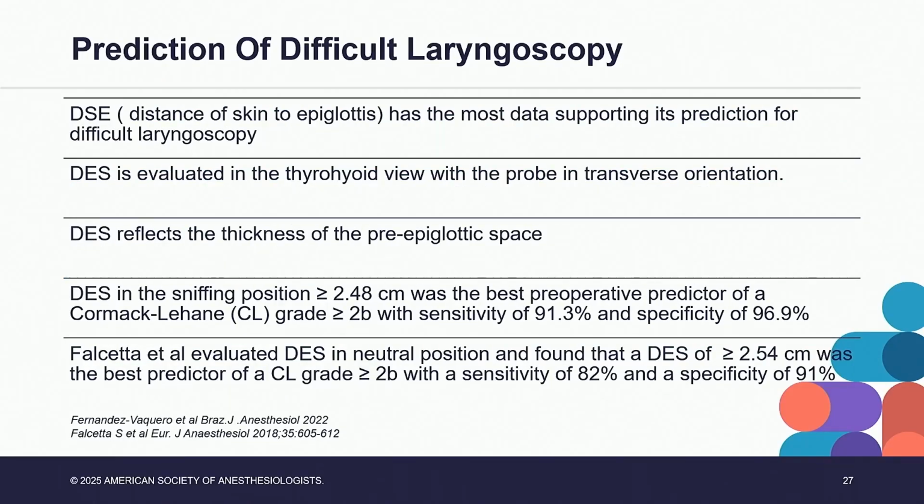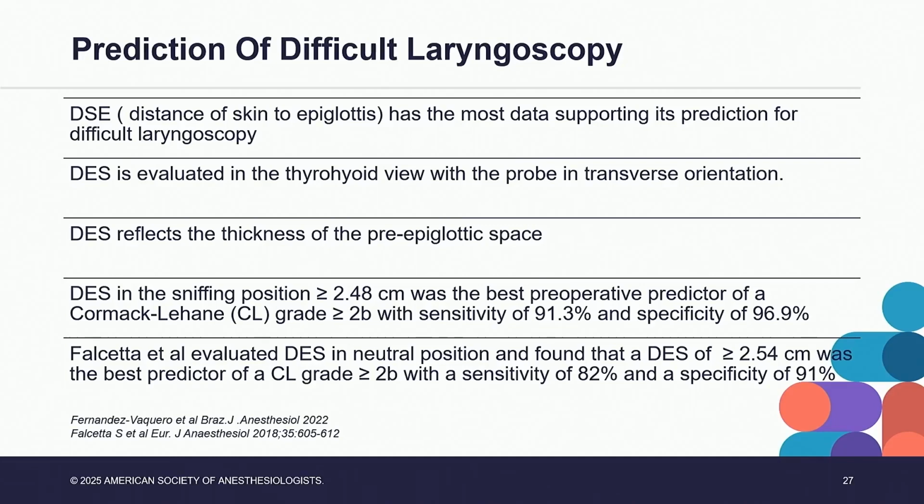Also, there is a very important marker that you can use, which is the distance from the skin to epiglottis, DSE, which has the most data supporting its prediction of difficult laryngoscopy. DSE is evaluated in the thyrohyoid view with the probe in the transverse position. DSE reflects the thickness of the pre-epiglottic space. A DSE in the sniffing position of more than or equal to 2.48 centimeter was the best preoperative predictor of Cormack-Lehane grade greater than or equal to 2B, with a sensitivity of 91.3%